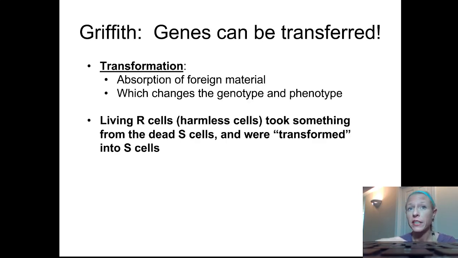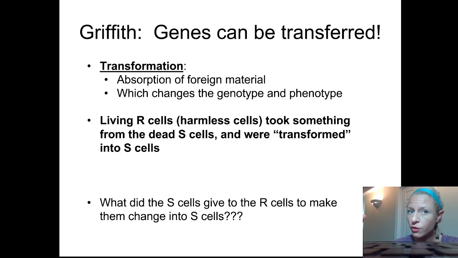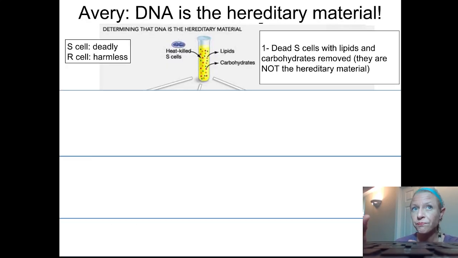And this is where bacteria can actually absorb foreign material, or DNA, from their environment that can actually change both their genotype and their phenotype. So the living R cells that were harmless took on something from the S cells and were transformed into S cells. So what are we thinking the S cells gave to the R cells to make them change into those deadly S cells? Well, Avery